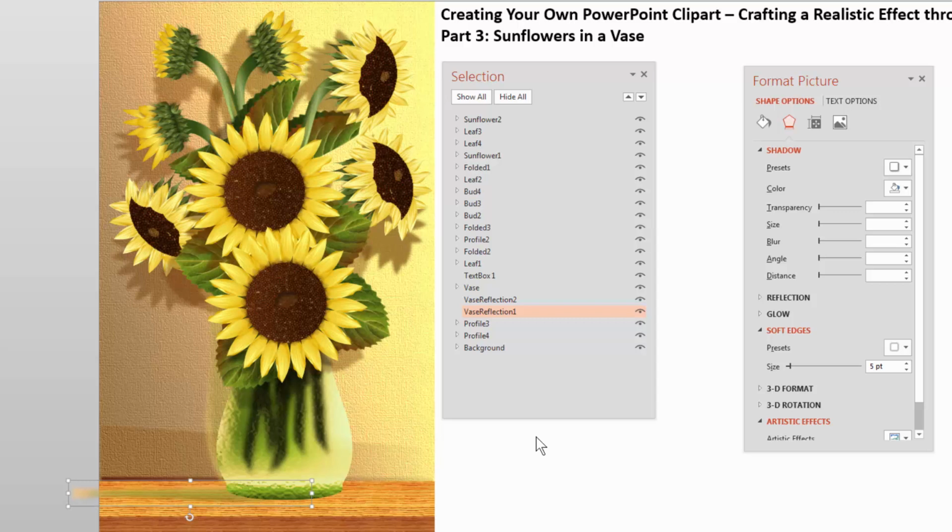What we're going to be doing next is replacing some of the sunflowers with different kinds of flowers. So if you like to create flowers in PowerPoint, you should watch those videos. Once again, we're going to take simple shapes, convert them into complex looking shapes, and use some PNG effects to give us some nice texture. So I hope to catch you in those videos, and we're going to watch this vase